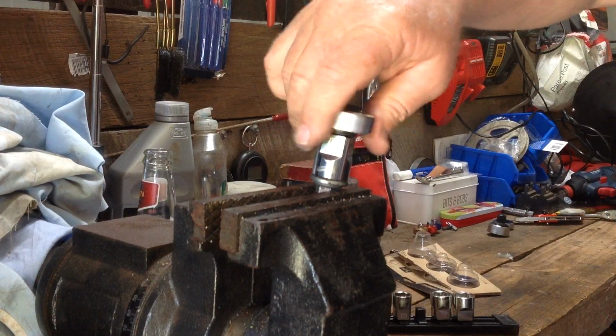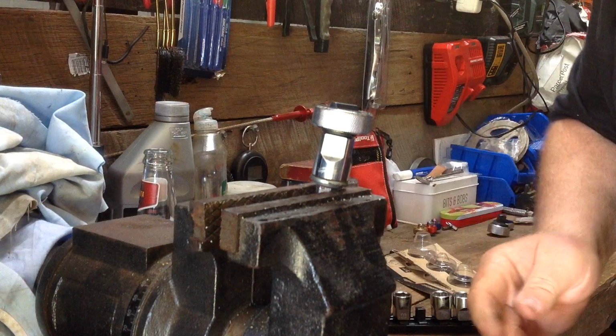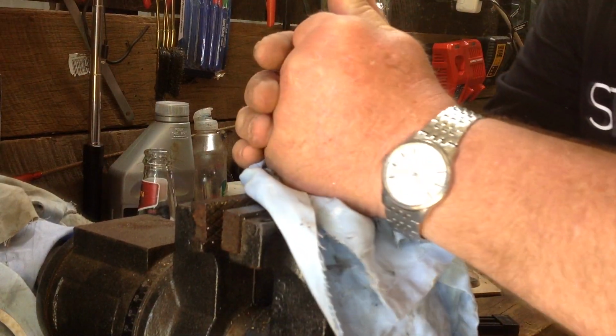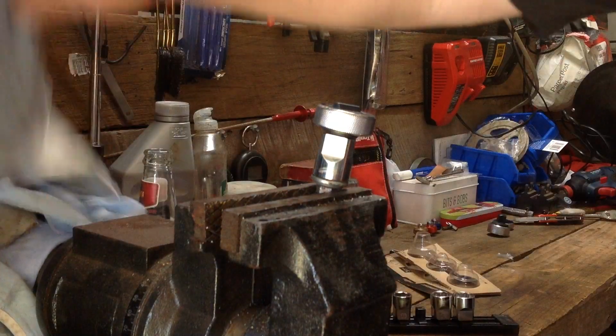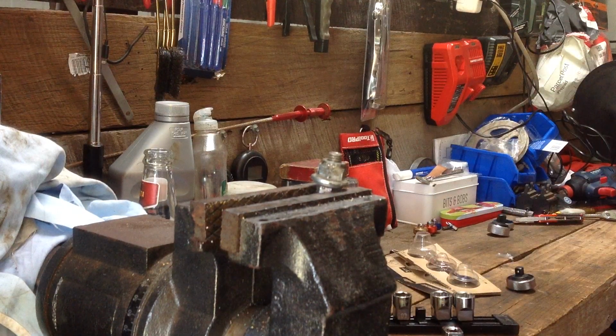Okay, well, I'm just not getting that. I don't have enough grip strength. It might just be me. I did break this hand a few years back, but no, I just can't get that strong enough to do it. So what we can do is